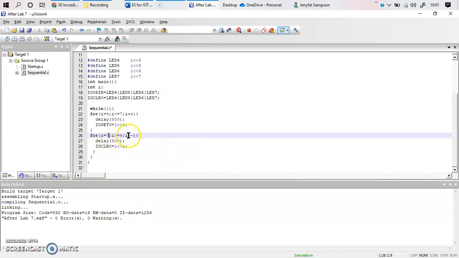Next I'm going to decrement the value of I, which becomes 4. 4 is greater than or equal to 4. It is true. So 4 is now cleared over here. So all the 4 bits, 7, 6, 5 and 4 are cleared over here. I'm going to decrement the value of I, which becomes 3. So is 3 greater than or equal to 4? It is false. I hope you can understand that. So it is going to come out of this particular loop.